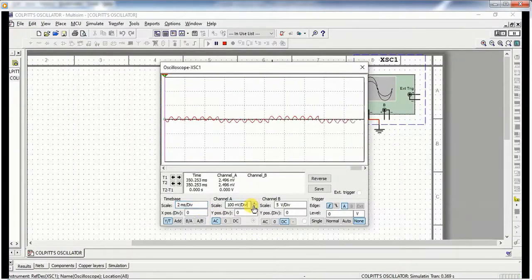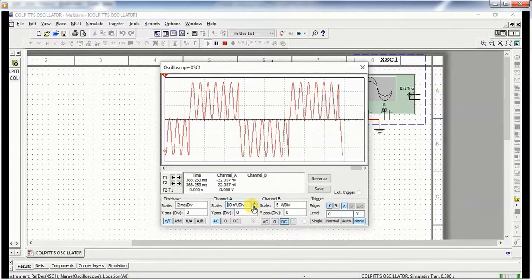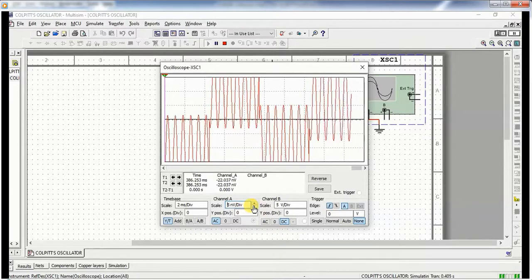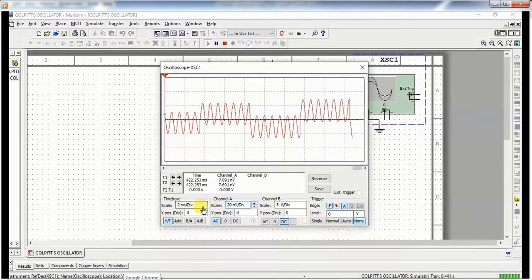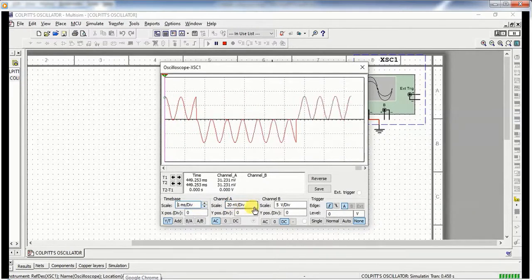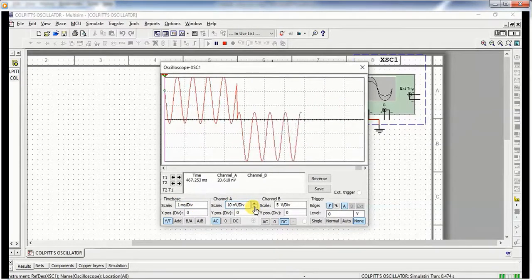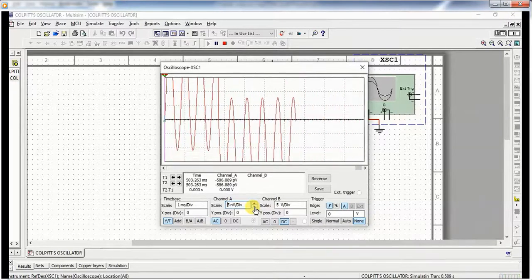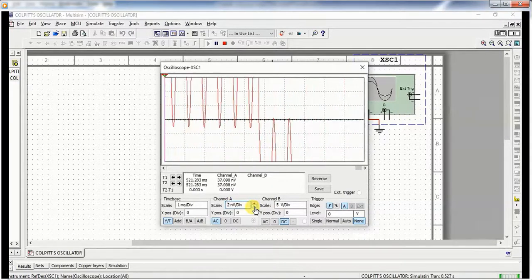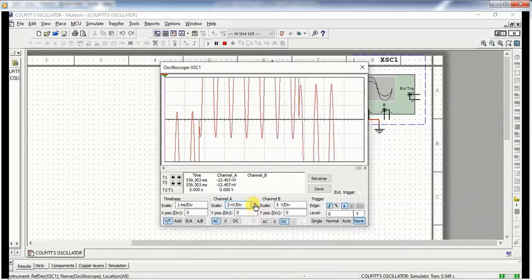Keep changing the scale continuously and find the result. As you can see over here, the output is in sine wave form.